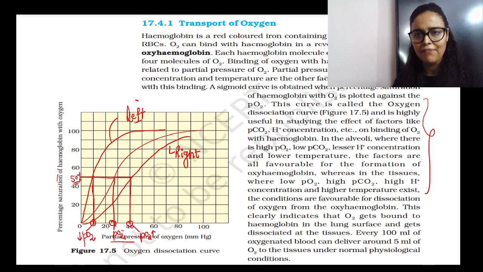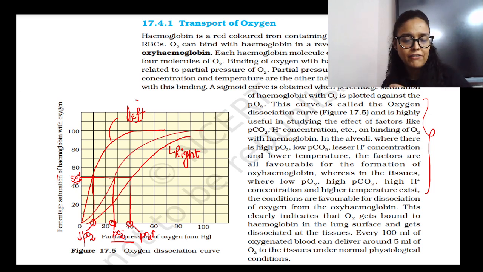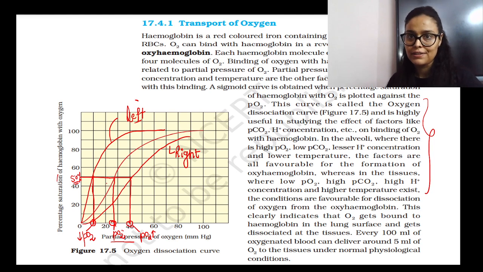So we call it the P50 value. What do you understand by the P50 value? It is the value of the partial pressure of oxygen at which 50% hemoglobin gets saturated. So in the left shift, the part of the body showing the left shift has a lower P50 value. Why? Because they require less oxygen in order to saturate 50% hemoglobin. In the right shift, the organs showing the right shift actually require more partial pressure of oxygen in order to saturate 50% hemoglobin, right? So that is the P50 value, I have told you the definition, right?